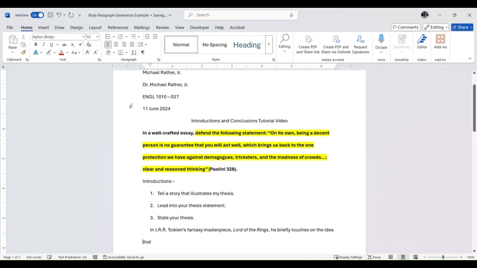If you ever need to adjust paragraph lineation, you just saw how to do it. He briefly touches on the idea that humanity,